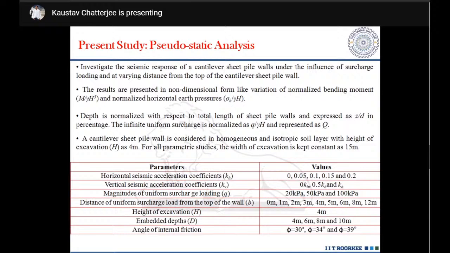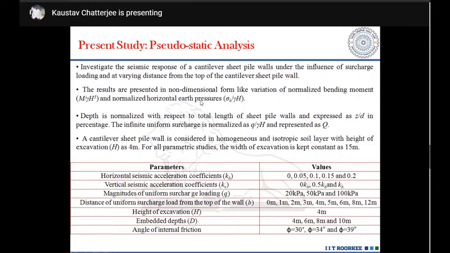As much as possible, we should give our results in terms of normalized parameters. Like bending moment can be normalized as M by gamma h cube. Earth pressure can be normalized as sigma by gamma h. Why? Because if you normalize it, obviously the influence of various parameters is automatically taken into consideration. That is, the problem with units that might happen can be avoided. So that's why in most design problems or design charts that we have, the results are presented